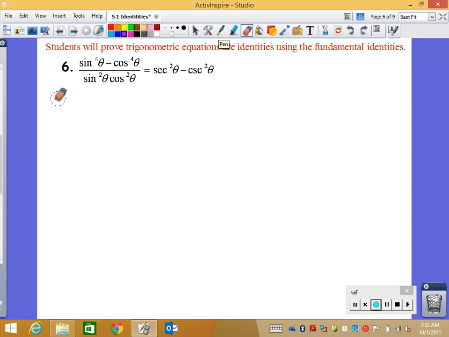On the top, I end up getting sine squared theta plus cosine squared theta, times sine squared theta minus cosine squared theta,